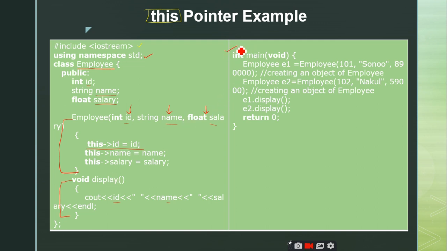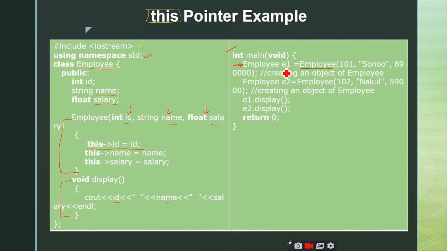And coming to the main function, I have created an object called e1. Can anybody tell me what this particular statement is doing? Explicit calling. So it is not implicit, it is an explicit call to the parameterized constructor.